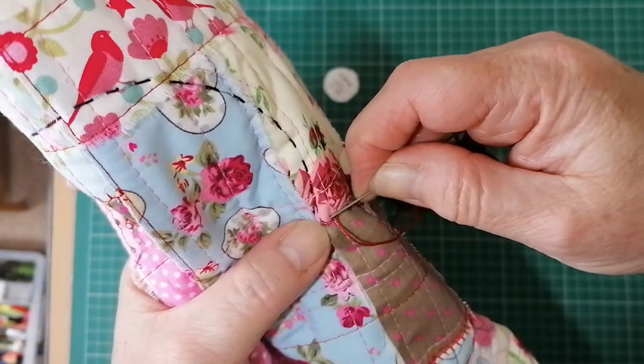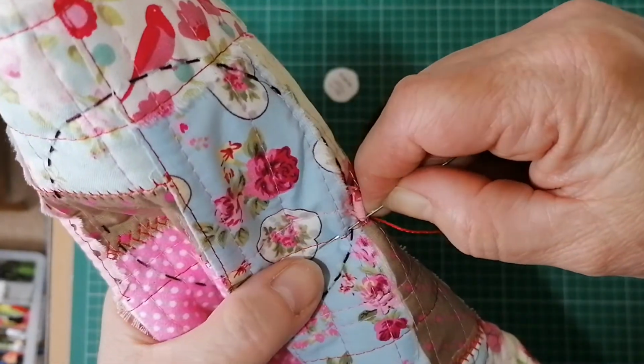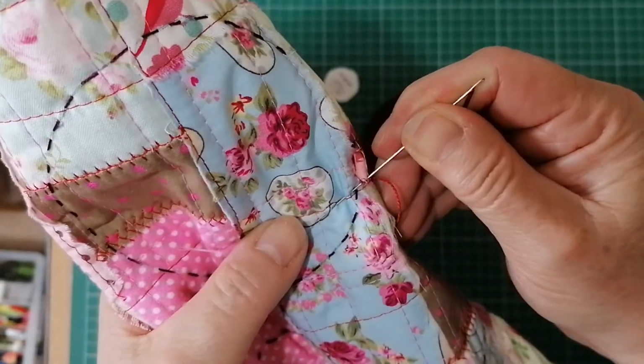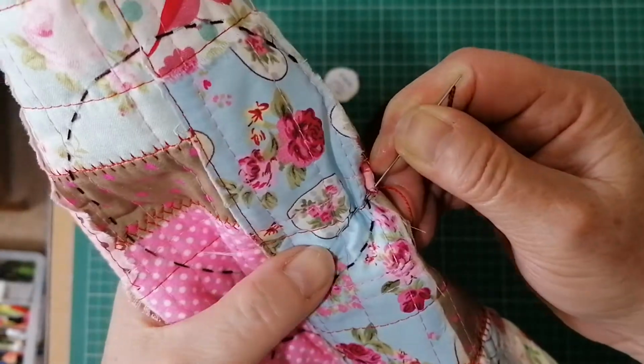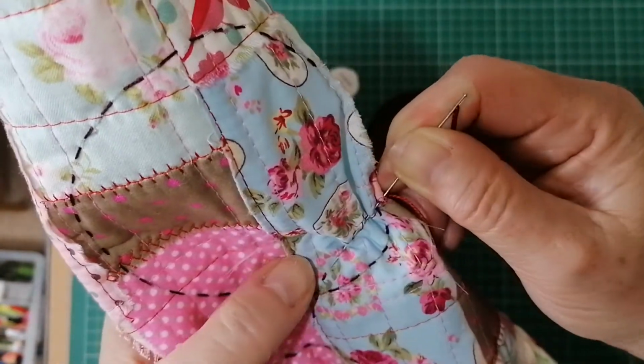I've got a line of stitching going through there, so I'm getting myself a bit confused about where I need to go. So I don't see any harm in mixing machine and hand, because you've got the strength and the durability. Well, both are strong and durable, but